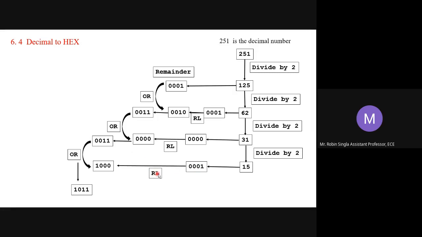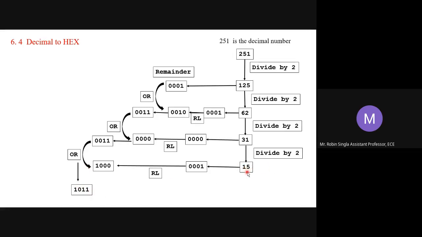We rotate it left and perform OR with the previous value. Now if we rotate it, here we have to rotate it 1 time, here we have to rotate it 2 times, and here we have to rotate it 3 times. We rotate it 3 times, it will become 1 0 0. And we will perform OR with this one, it will become 1 0 1 1 1 0 1 1.